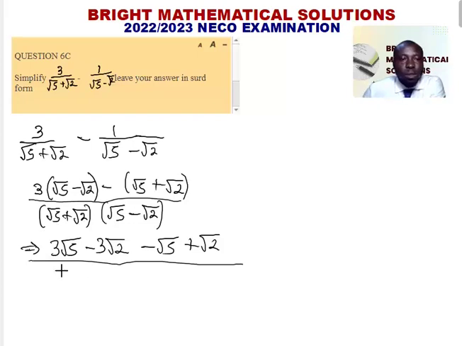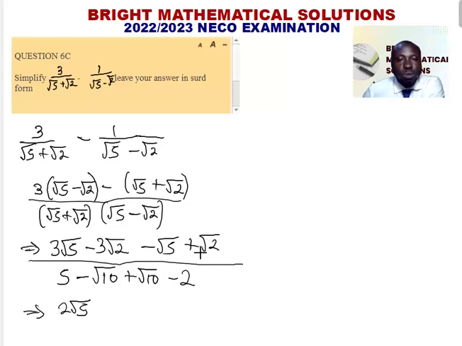if you open this bracket, this becomes 5 minus root 10 plus root 10 minus 2. So let's bring this together. 3 root 5 minus root 5, that gives us 2 root 5. Minus 3 root 2 plus root 2, that gives us